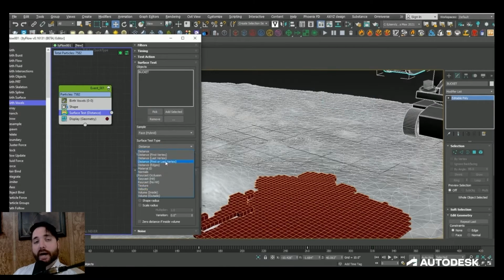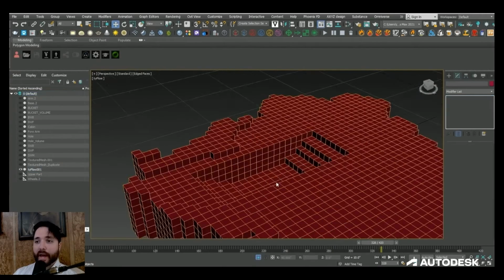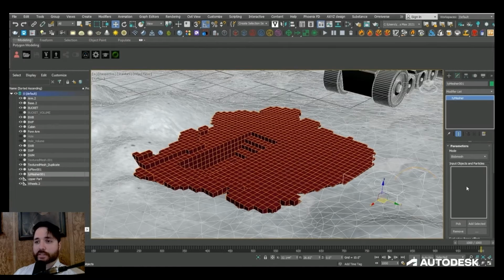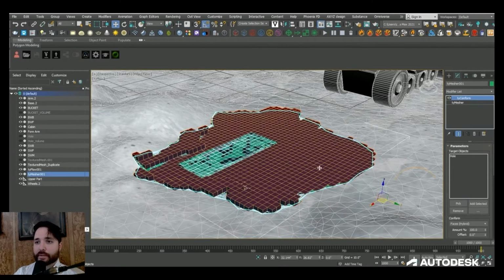By using a TyMesher operator, we can convert our voxel grid into a blob mesh. And to solve the problem of the blob mesh now rising past the original boundaries though, we can use a TyConform modifier to conform the mesh back to the original surface for a seamless match.